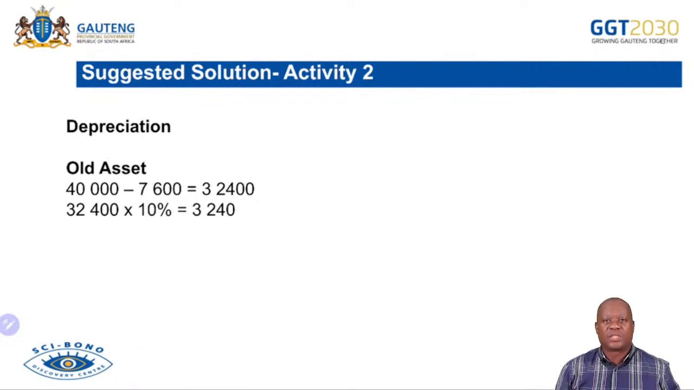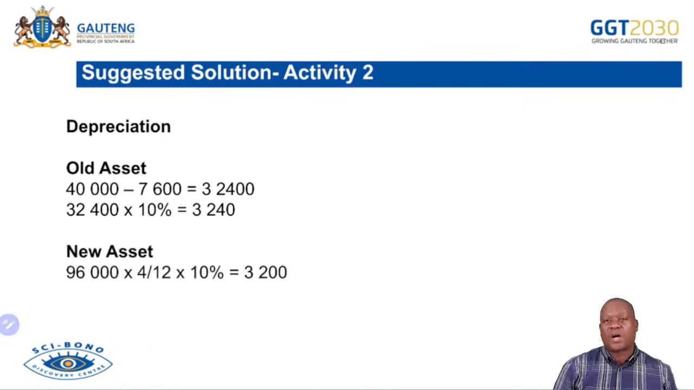Well done. Those that got it right. Well done. Those that missed something, that's how we learn. We learn by making mistakes. And then we go and calculate depreciation on the new asset. 96,000 for 4 months, remember this time, times 4 over 12 at 10%. It gives us